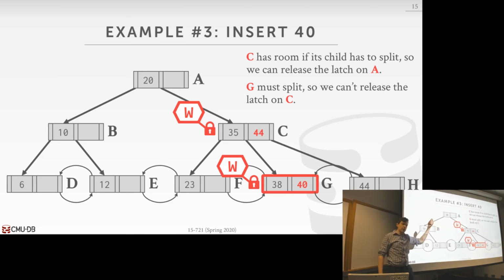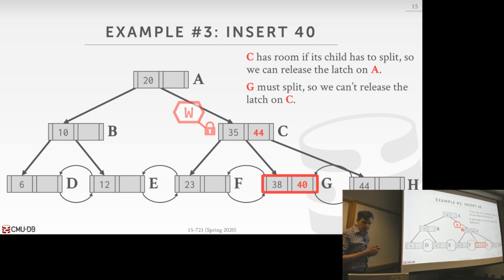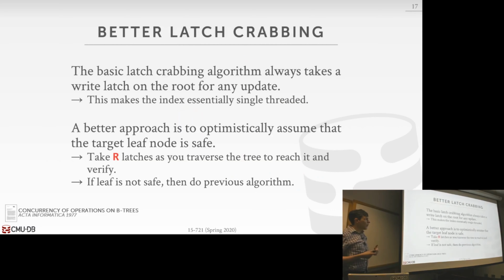We always release latches from the top to the bottom. Okay? All right, so that's the basic latching protocol. It's obviously inefficient, because in all my examples, when I did an insert or delete, the very first thing I did was take a write latch on the root and then go to the next child. So that means that if every thread is trying to update the index, actually any thread trying to read the index